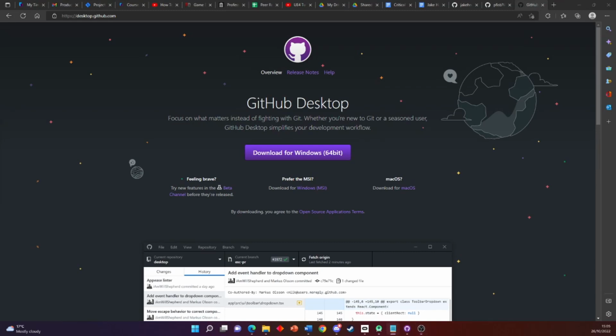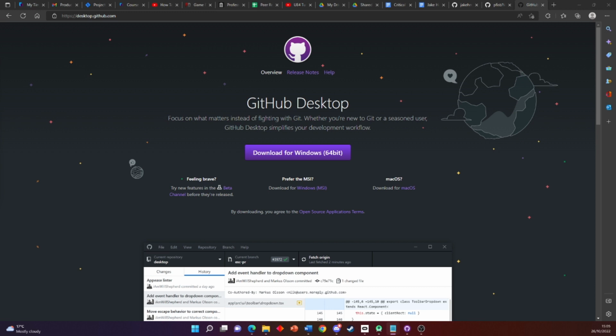Alright, so how to use GitHub. To make it much easier for yourself rather than having to go through the command line stuff, download the GitHub desktop app, as it's a much easier way to clone and push changes. It's much more visually appealing. So just go onto this website here, look up GitHub Desktop and click download, and then just go through